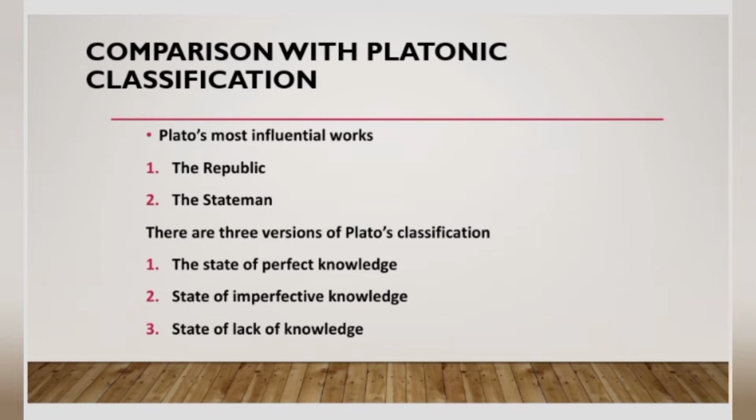Now the second form was that state of imperfect knowledge. Now actually that was kind of a state where people respected laws because there was lack of a philosopher king, the rule of a philosopher king, and imperfection led to the requirement of the direction of laws, ठीक है। So for Plato it was kind of a state of imperfect knowledge, but he also gave this third concept in classification which he said that state, the state of lack of knowledge, ठीक है। तो these are the states of ignorance, ठीक है, according to Plato, because laws existed but they were never followed and it was kind of a state of the fools, ठीक है।